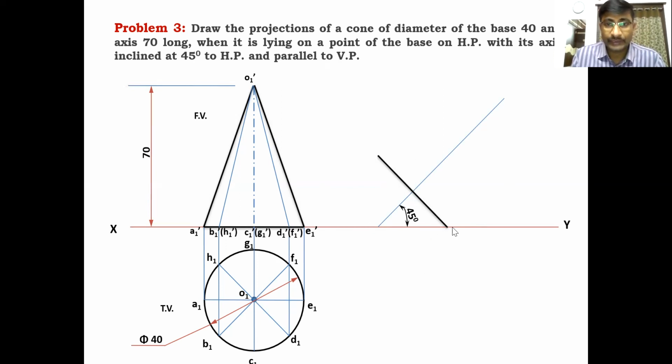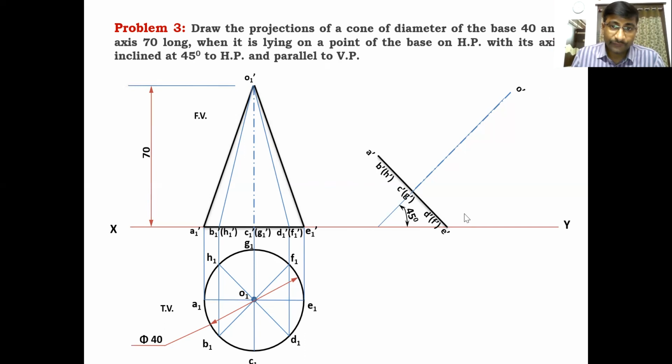After getting the base points, that is the baseline, join the apex point with the base points. This is the axis line. Clear? After getting the axis line, the apex point is O dash here. O1 dash becomes O dash in the next stage. This is the final stage, O dash. And this point is A dash, A1 dash becomes A dash. Whenever the solid rotates like this, the total solid will be rotated like this. O1 dash becomes O dash, and A1 dash is A dash. Another point, this point is E dash. Next points are B dash of H dash, C dash of G dash, D dash of F dash, and the last point is E dash.